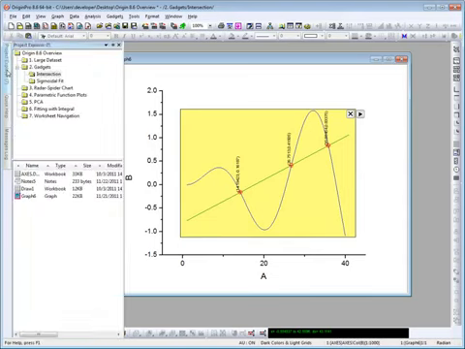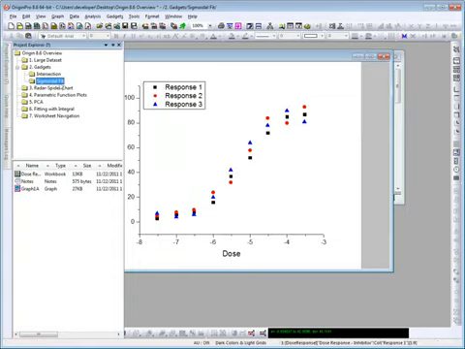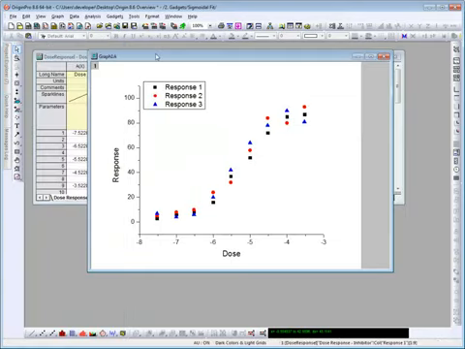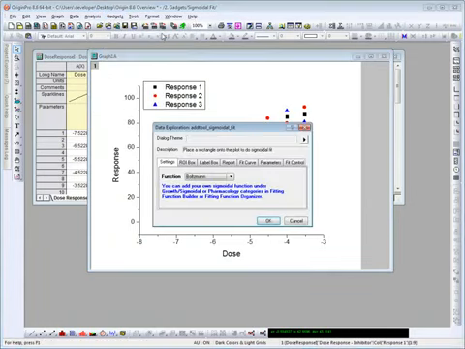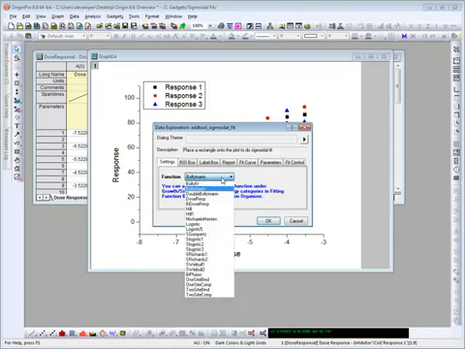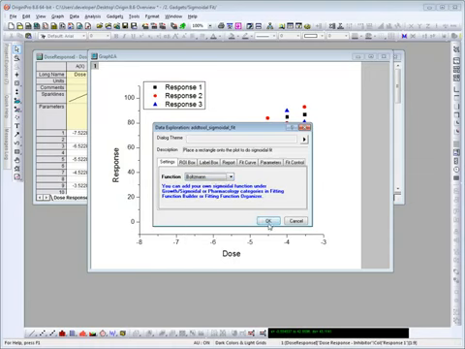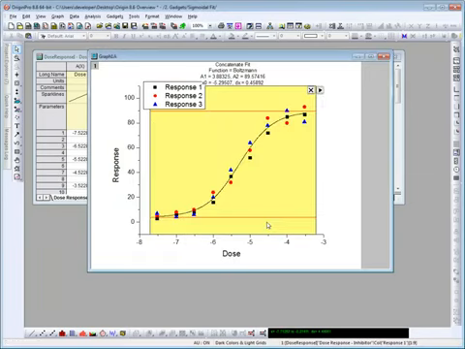Let's go ahead and look at the other new gadget, the Sigmoidal Fit gadget. Again, with the graph active, I select the gadget, Quick Sigmoidal Fit, from the menu. The dialog will open. I'm going to leave my function as the default Boltzmann and go ahead and click OK. The ROI box will be drawn on the graph, and the parameter values for that fit curve are displayed above